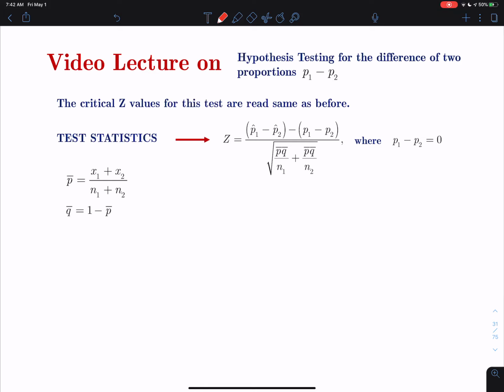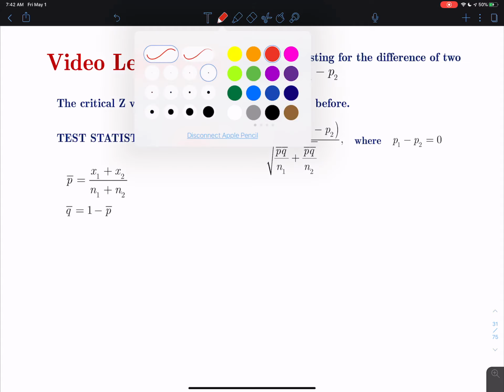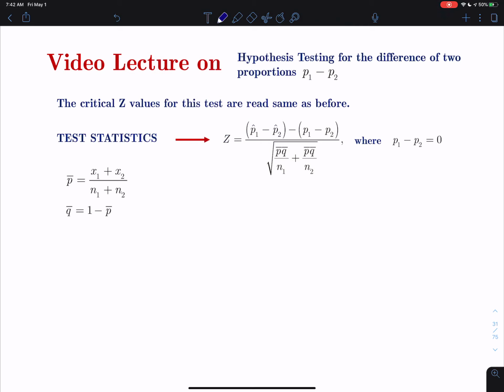Welcome to my video lecture on the hypothesis testing procedure for the difference of two proportions. Now, in this test, we go through the same thing whether you have one population or two populations. Your hypothesis testing procedure will remain the same, which means you set up your null, your alternative, then you calculate